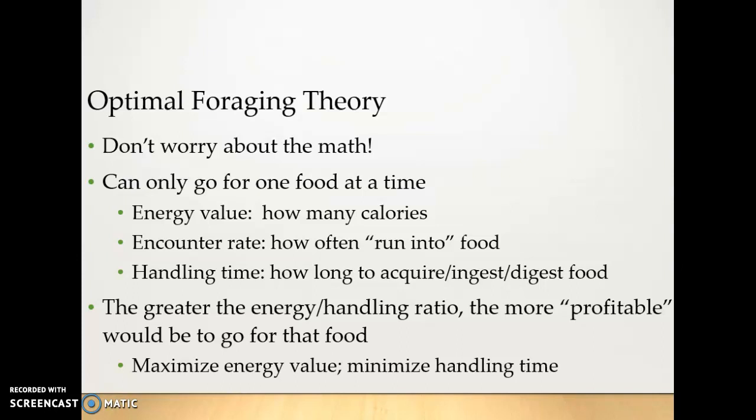So the ideal food, of course, would be what a lot of people are doing now, which is you sit back and you order and someone else gets the food and they bring it to you, and you basically have to do very, very little in order to get food. But the vast majority of people, not to mention the vast majority of animals, with the possible exception of our pets and other domesticated animals that we care for, have to work a lot harder than that in order to get their food. The idea is you want to maximize energy value and minimize the time and energy it takes you to get that food.